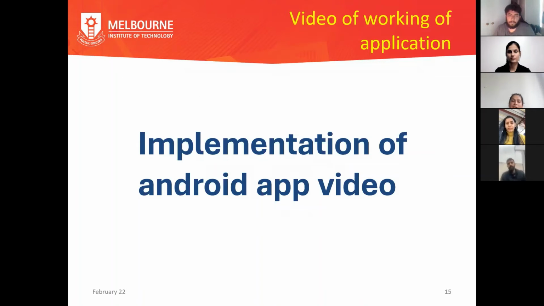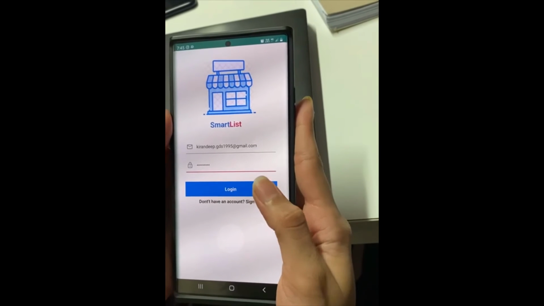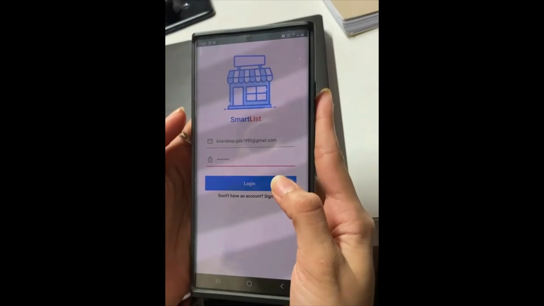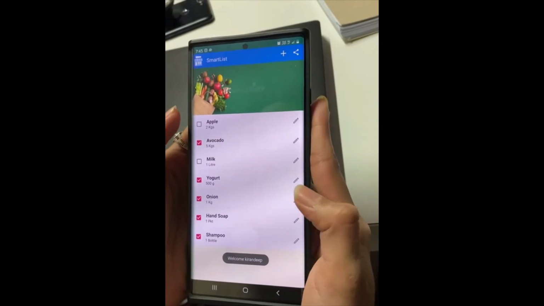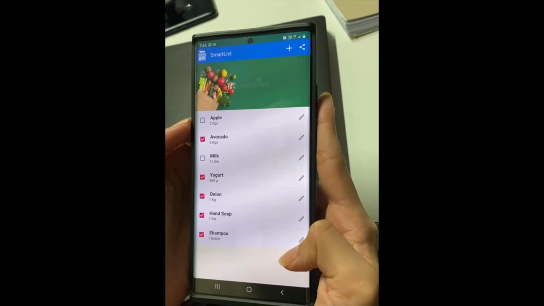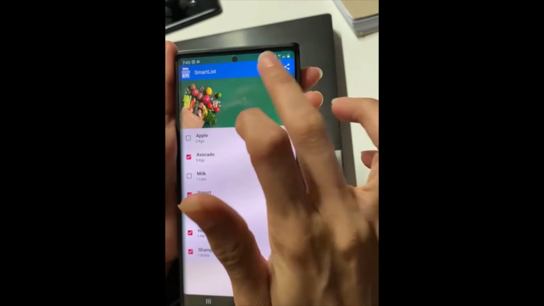Now, the next slide is the implementation of the Android app video. That is a practical implementation of our application. As you can see on the screen, I already entered my login and password. Over there you can see the screen. That is the list that I already saved in my application, and on that bar you can see an option